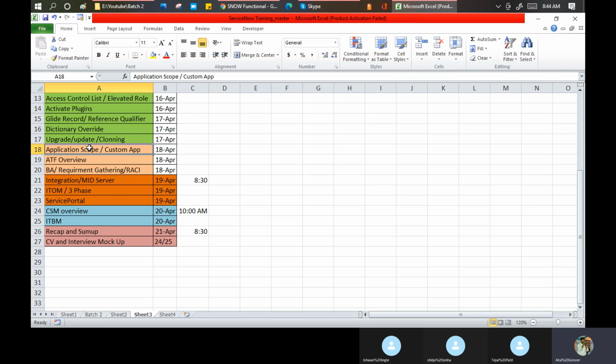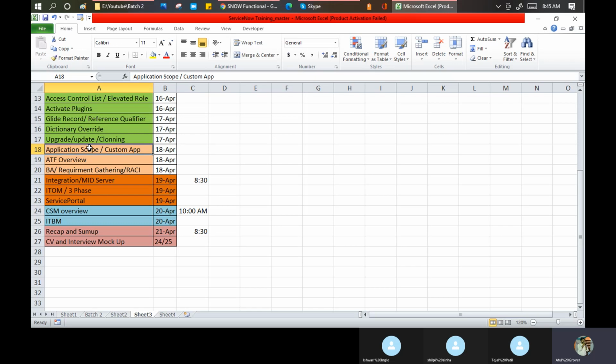Scope means that the usage will be very limited to a set of people only. I am creating it for a specific purpose. It is not fulfilling for everyone. And the things which I have done till now in my training, like table creation, field creation, portal changes, email notification, all the things I can do in the application scoping as well.